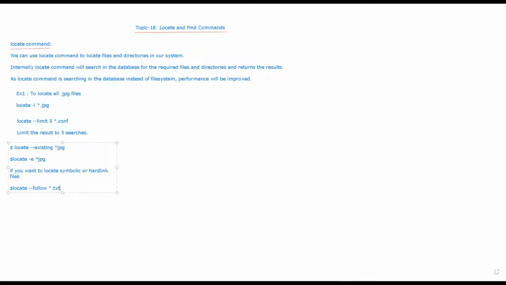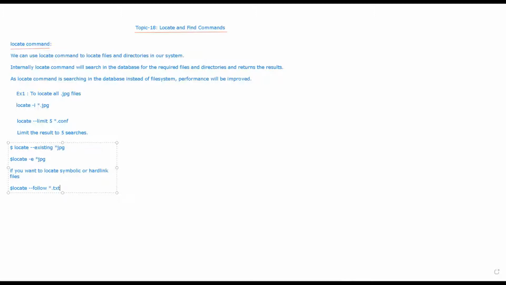A soft link means we normally create a shortcut file. The source file will be somewhere, but we create another shortcut file which points to the source file. And the inode number of a soft link file is different.